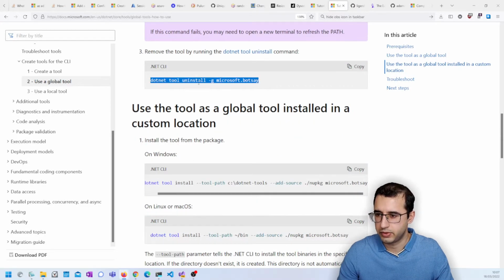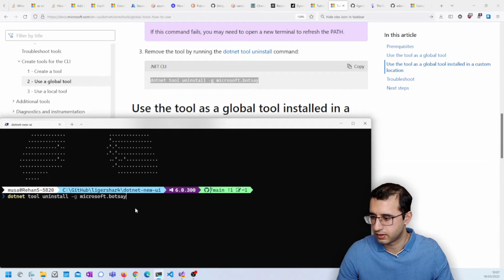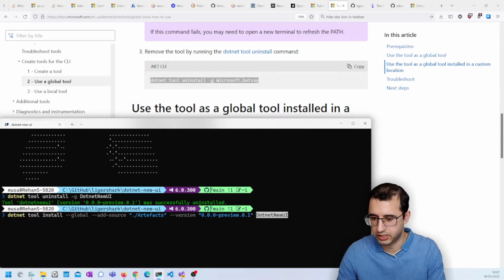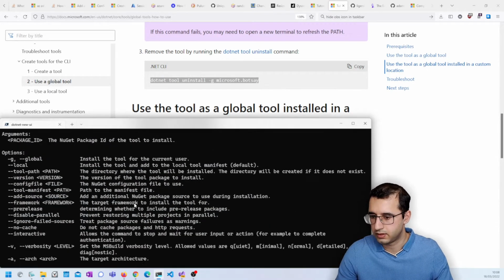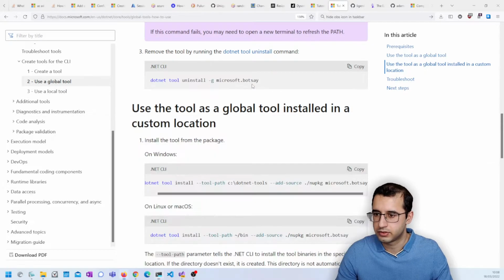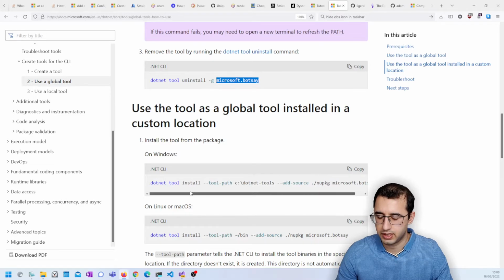Let's just see how we uninstall it. And we want to uninstall .NET new UI. Okay, let's try installing it using the tool name as opposed to the package ID. New UI. No, it didn't like that. So we want our,